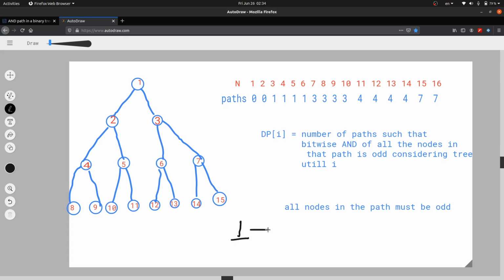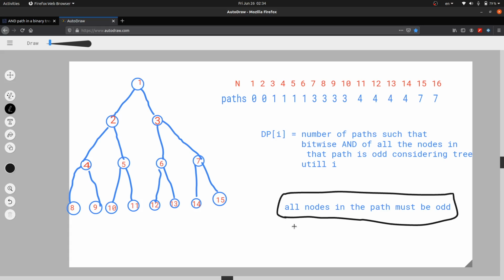If this is the case, then all the nodes we are considering in the path must also be odd, because if there is any even, then its least significant bit will be 0, and ANDing anything with 0 will give nothing but 0. So we have made one observation, that all the nodes on that path must be odd.